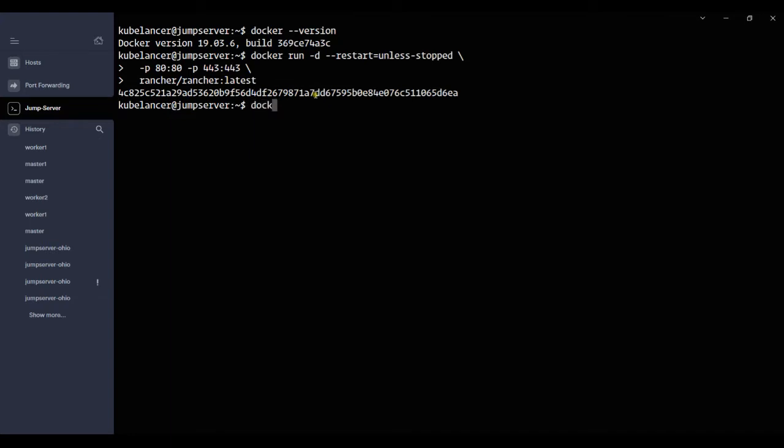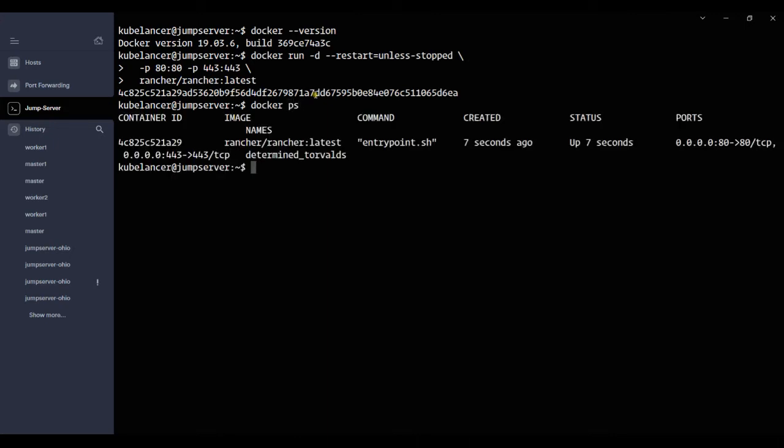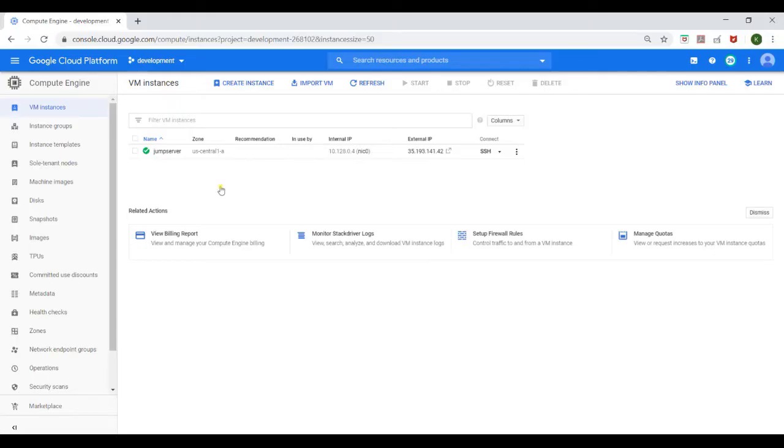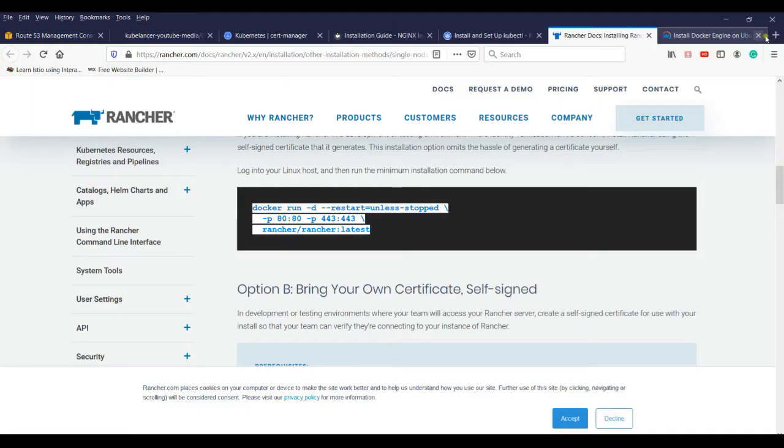Okay, ensure the Docker process is running. Give docker ps. Yes, so Rancher is currently up and running. To access the Rancher web UI, use the public IP address of the Jump server. Copy this public IP address and access it via the browser.